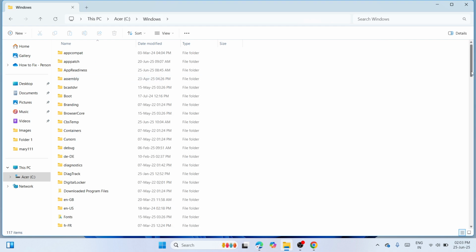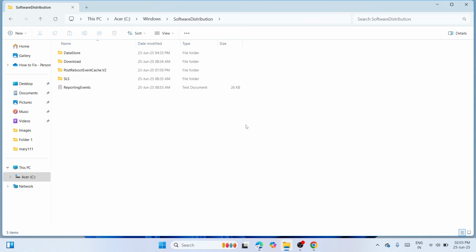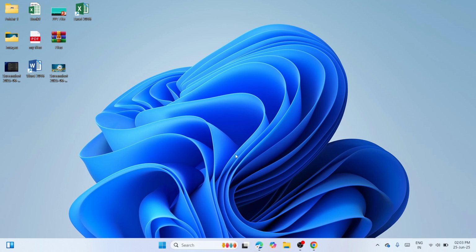From here, scroll down the list and find SoftwareDistribution. Once you have found it, double-click to open. From here, you can see a list of files and folders. Press Ctrl A to select everything, and then click on the delete icon. Once you have cleared these files and folders, close the window and then start the Windows Update